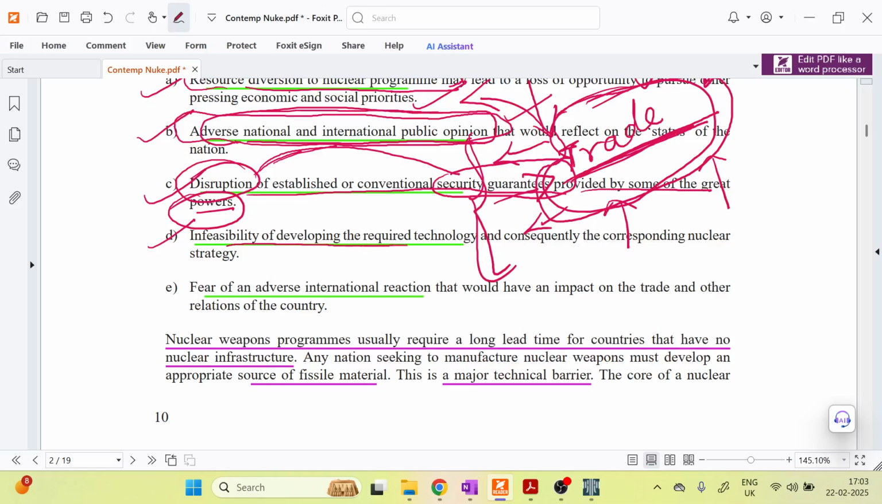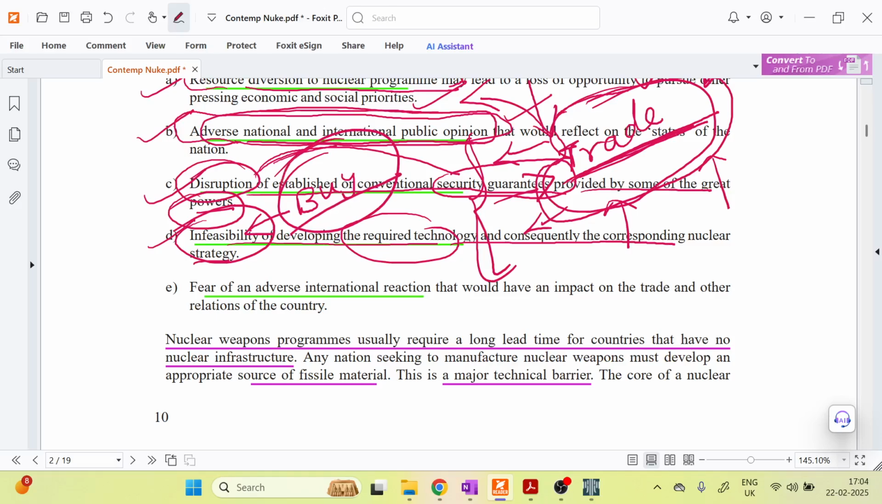The next one is infeasibility of developing the required technology and consequently the corresponding nuclear strategy. Then another disincentive is the nuclear technology. Even if you develop it, it is infeasible. Infeasible in the sense that, first, many prominent, established countries will not buy this technology because the international atmosphere is built that way. So even if you develop this technology, you will have no buyers. Second, even if you do not want to sell this technology, other countries will see you with scorn and mistrust. That is another element